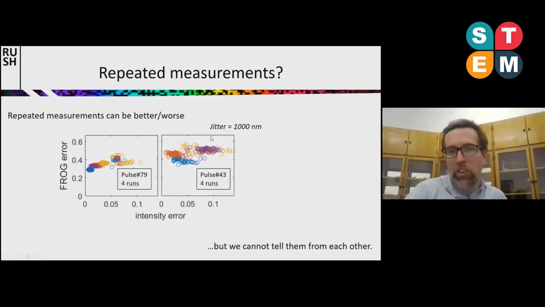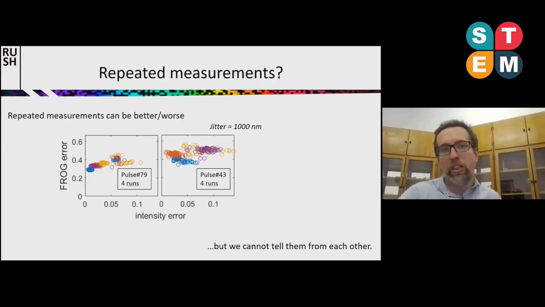These are simulations now. So we simulated FROG traces with quite bad jitter, meaning that the delay line is not very precise. And we tried to measure 4 different times, or simulated several times, and see how well we are doing.